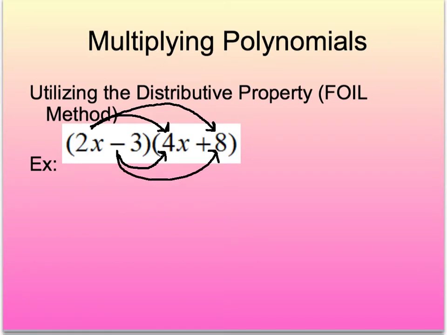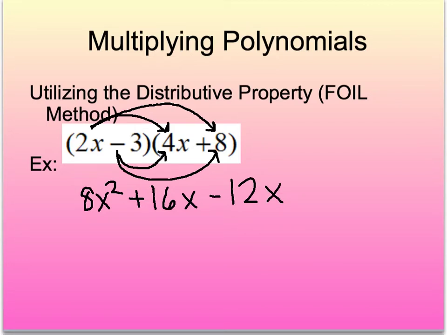And if you're considering this like FOIL, remember FOIL is the first terms we multiply together, the outside terms, just like the arrows we drew, the inside terms, and the last terms. And so that's exactly what distributing twice is. And so when we apply this, we get 2x times 4x, which is 8x to the second, and then 2x times 8, which gives us positive 16x, and then we move to the inside terms, negative 3 times 4x, which gives us negative 12x,